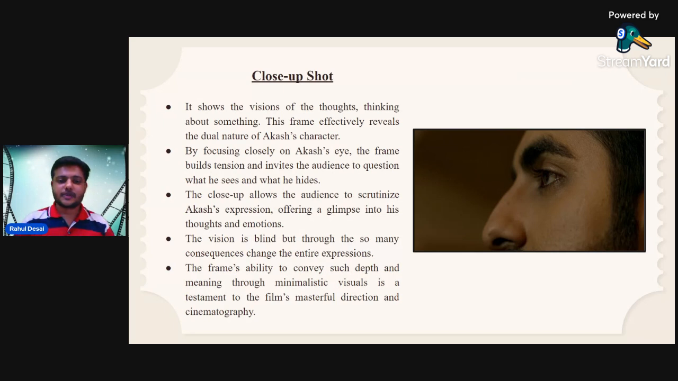This is a close-up shot. It shows the vision of the character thinking about something. This frame effectively reveals the dual nature of Akash's character. By focusing closely on Akash's eyes, the frame builds tension and invites the audience to question what he sees and what he hides. In this close-up scene, we have two major questions: what he sees and what he hides